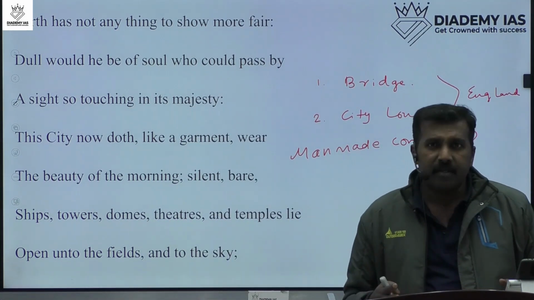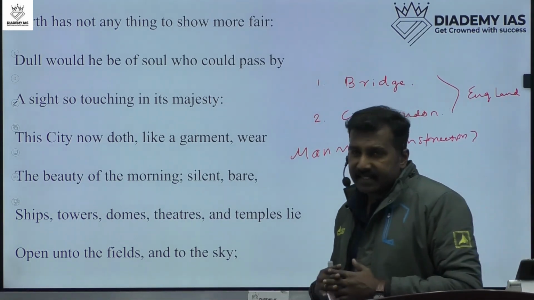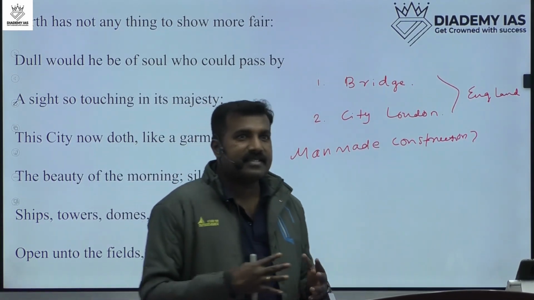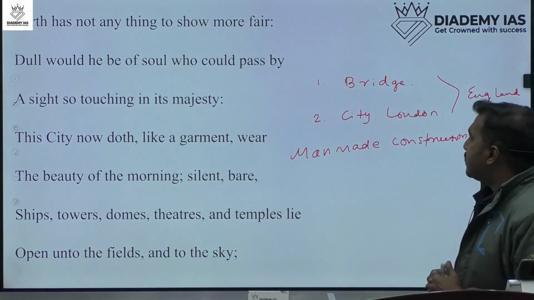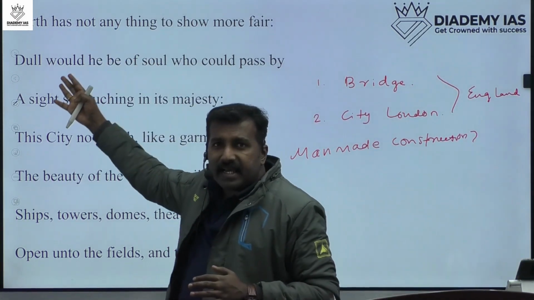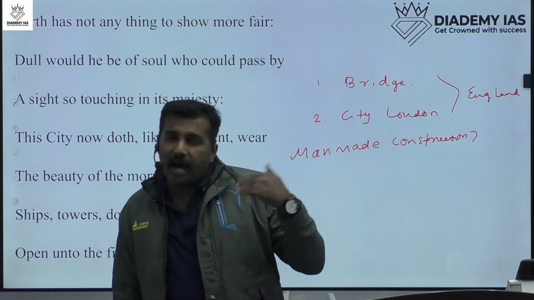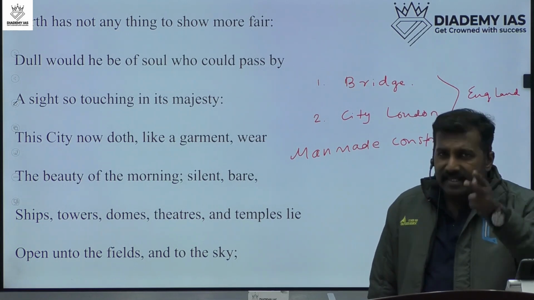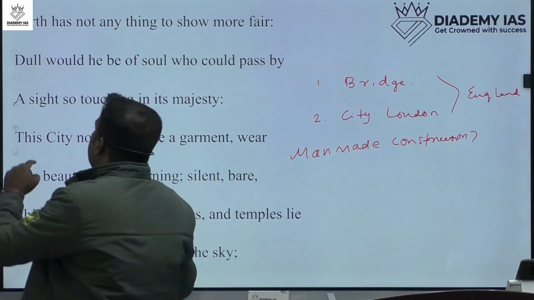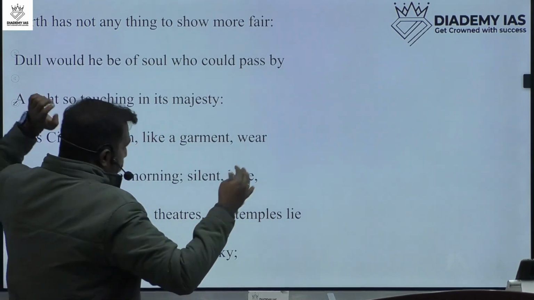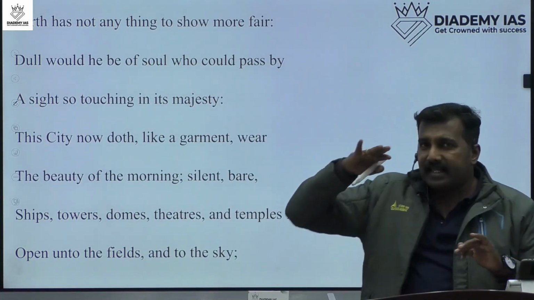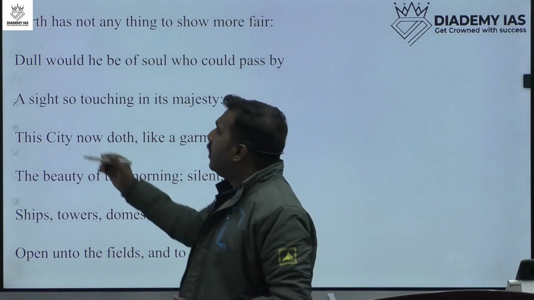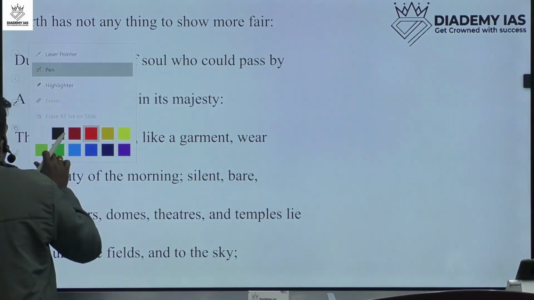A short poem with 14 lines. We know that a sonnet is a poem with 14 lines. Okay, so let's start. First, I will read the entire poem, the whole lines, and after that, we can discuss in detail, two lines each. So first we read the whole poem in the first round, and next, every line we will discuss in detail.